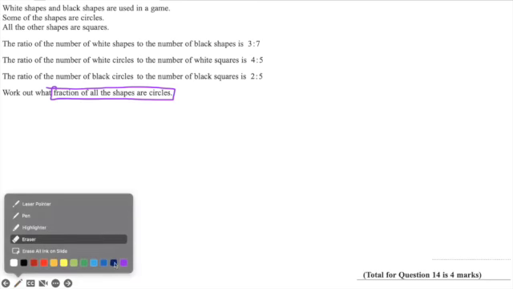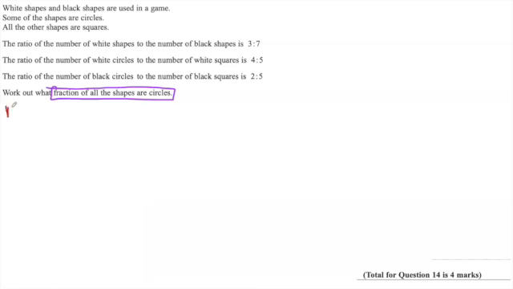White circles to white squares is 4:5. Black circles to black squares is 2:5. And the question is saying, what fraction of all shapes are circles? So for the fraction of all shapes that are circles, we need to understand that you can have black shapes that are circles and white shapes that are circles, right? So the fraction of all shapes that are circles is going to be